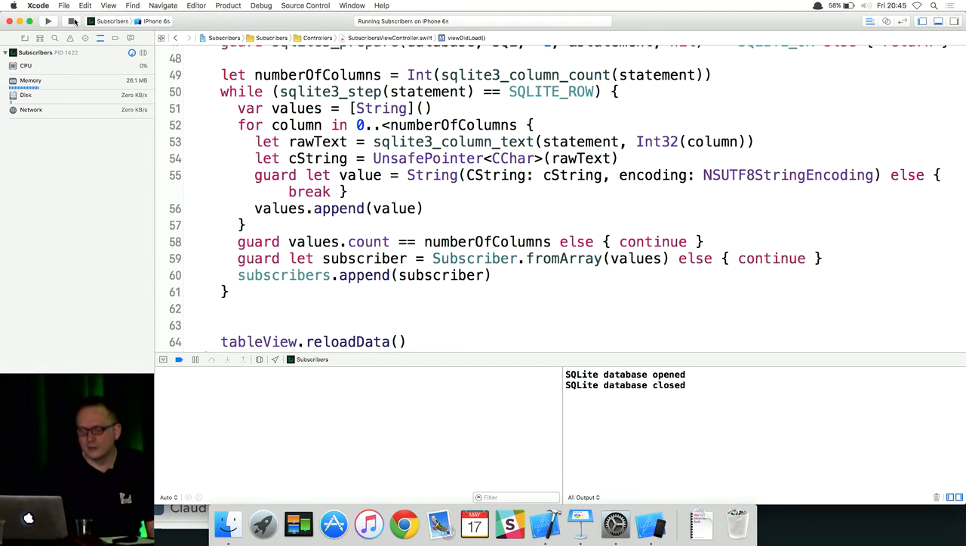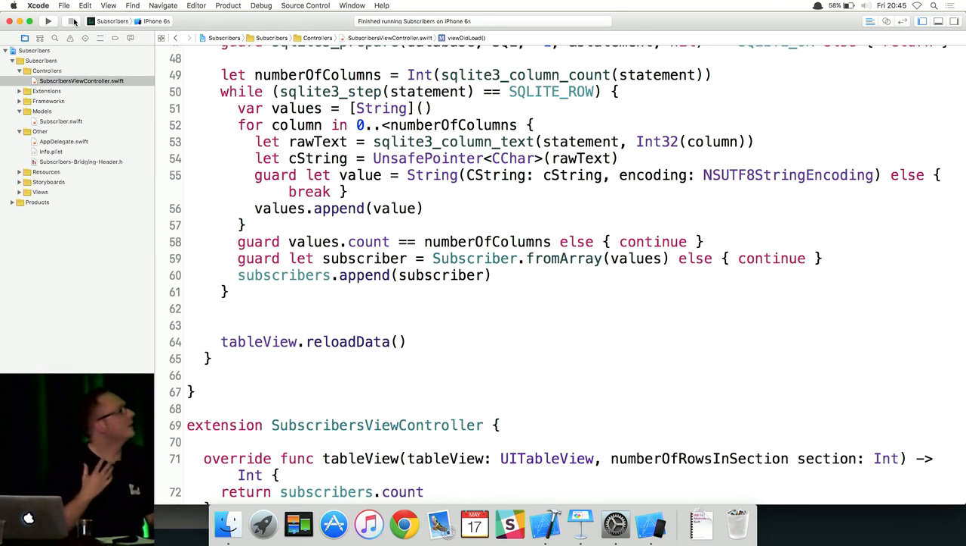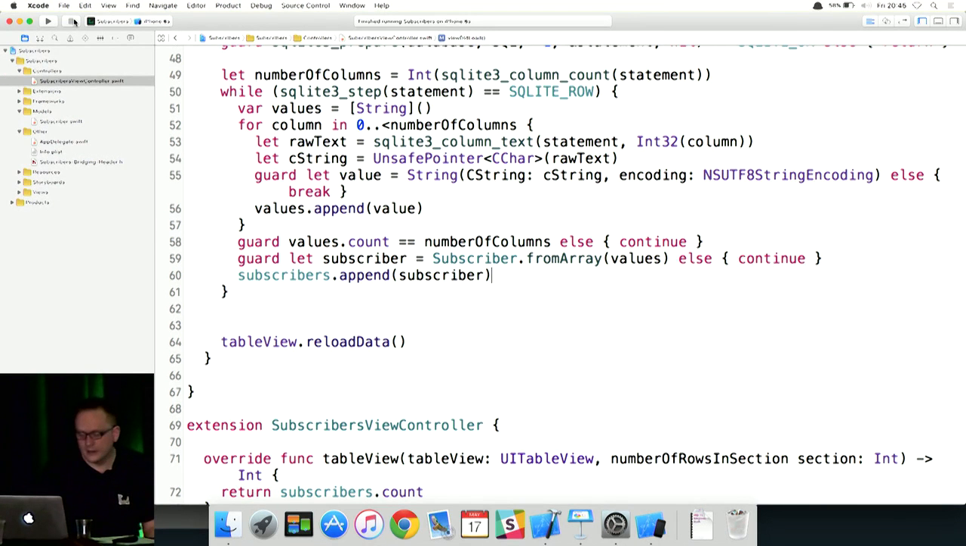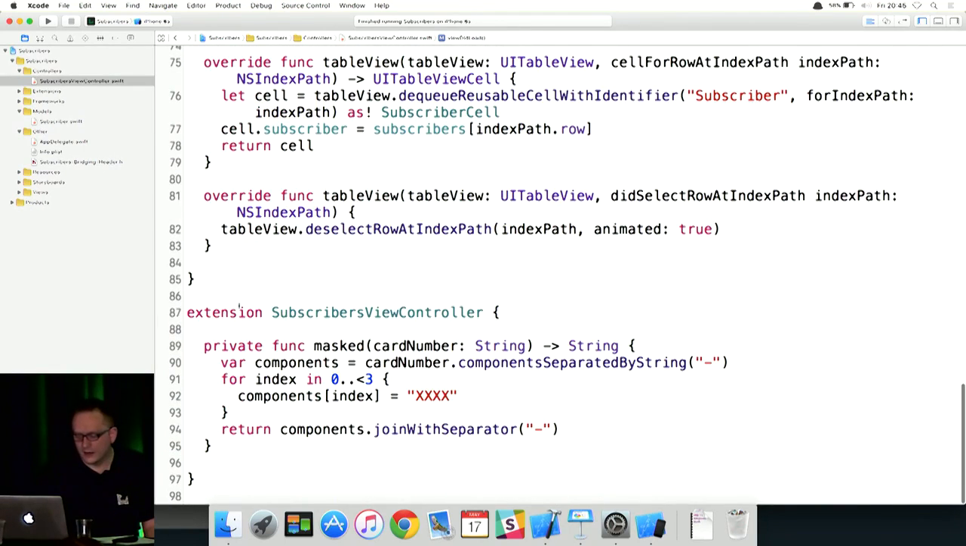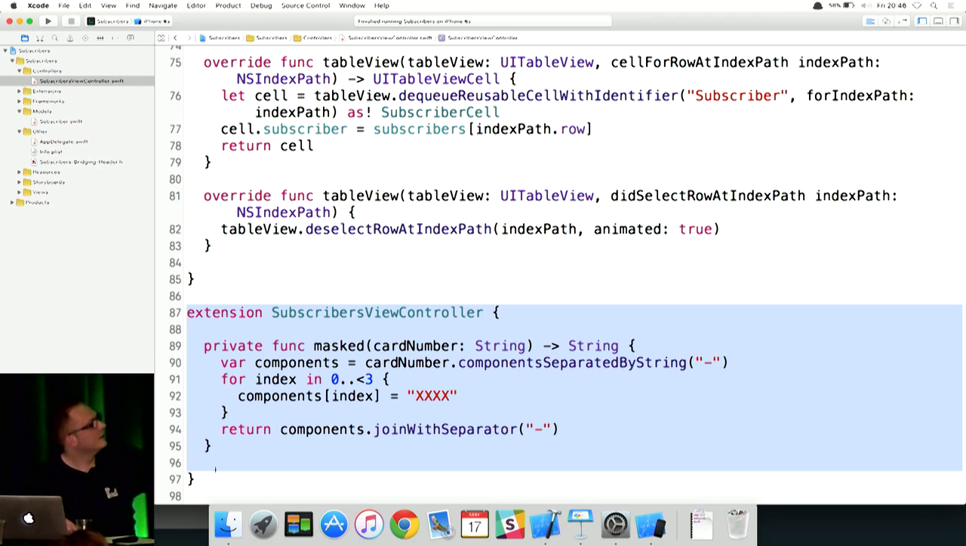We're going to look at the Swift way of doing it, and then we're going to look at doing it via SQLite at the SQL level using function pointers. The first thing we're going to do is scroll down to the bottom, where you'll see that we've already got an extension on our view controller that provides this masked method